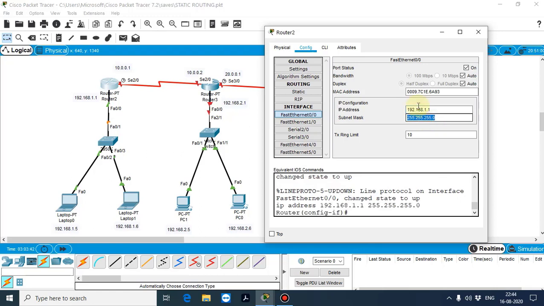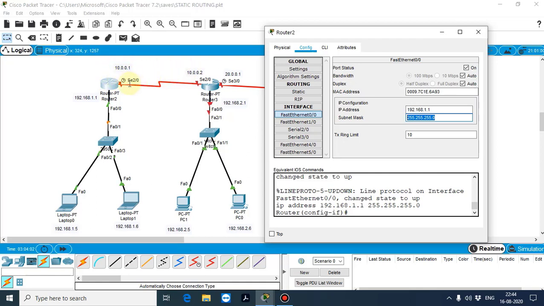Give tab, since this IP address belongs to the LAN network, so automatically the subnet mask will be assigned, that is 255.255.255.0, right? Okay.